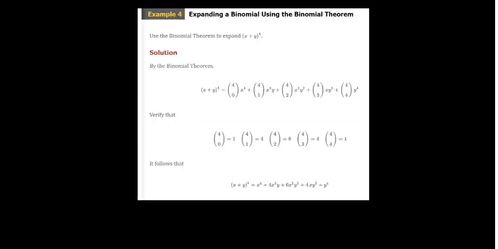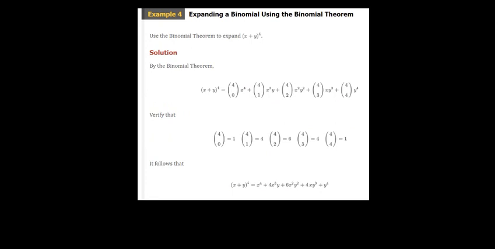Example 4: use the binomial theorem to expand x plus y raised to the 4th power. This definitely is something that I could just sit there and chug out, but I feel like it's a lot easier, especially with my handwriting and this pen not working, to not do that. So the solution, by the binomial theorem, we see that x plus y to the fourth power ends up having